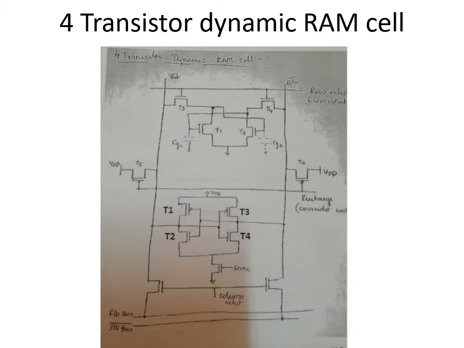So 0 will be transferred here to the T4 bus, that is, through T4 you get 0, and that 0 is stored as gate capacitance here in the transistor T1. So here you can see that the bits stored in T1 and T2 are complementary. Now according to the explanation, T2 holds logic 1 and T1 holds logic 0. This is regarding the write operation.